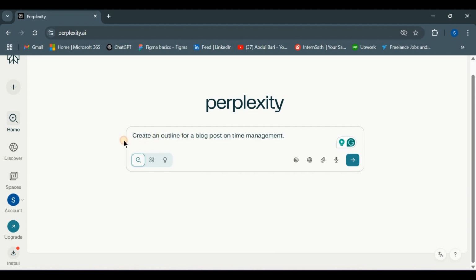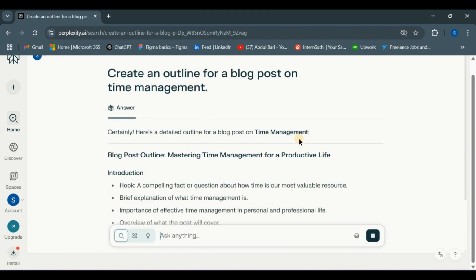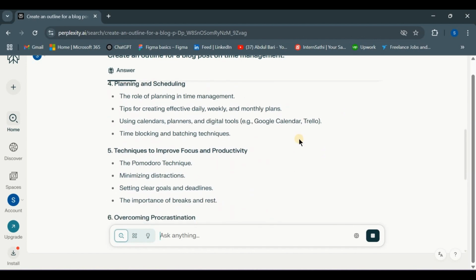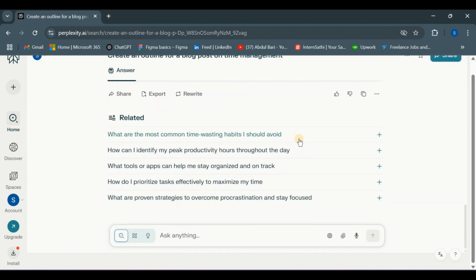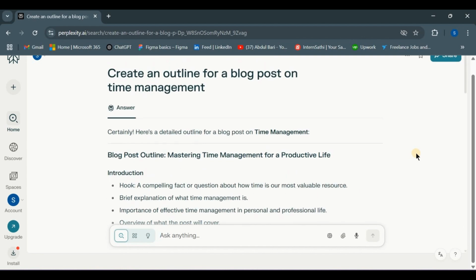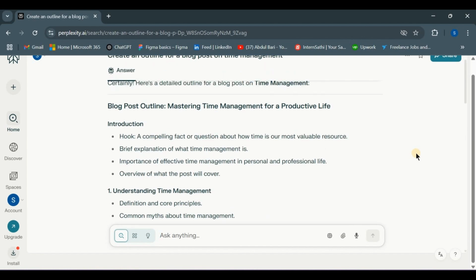For example, "create an outline for a blog post on time management." Perplexity will generate a structured list of headings and subpoints. You can customize the outline by requesting more details or asking for specific sections to include, such as "add an introduction and conclusion." Use the outline as a roadmap for your writing to stay organized and cover all key points